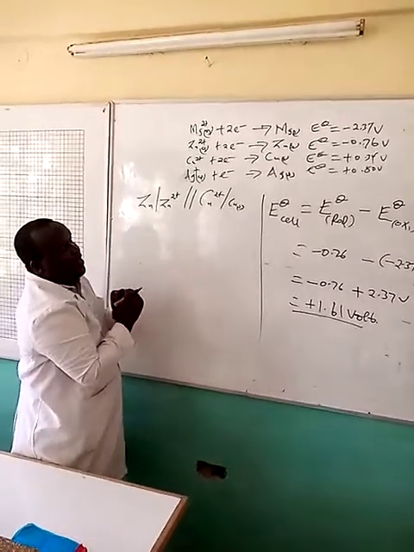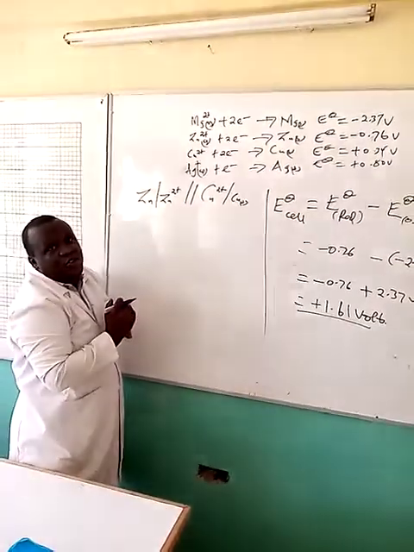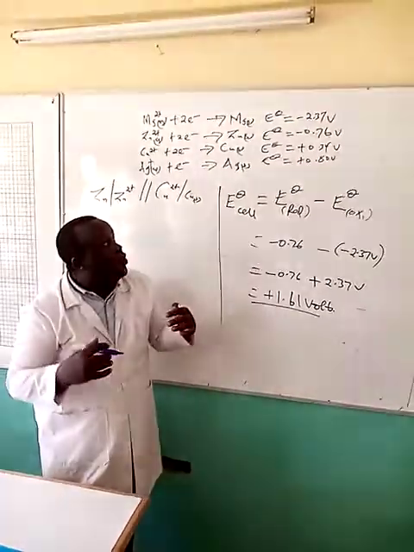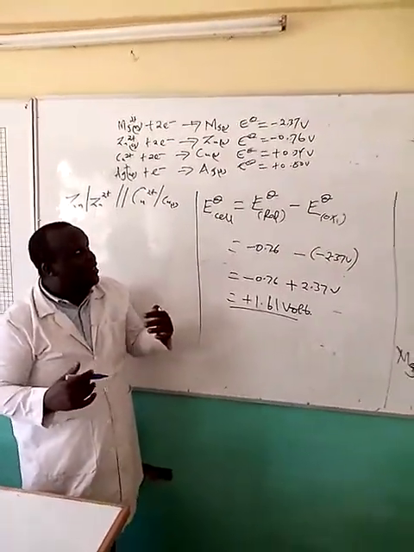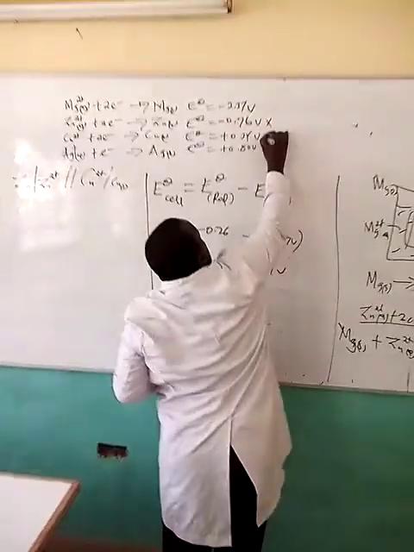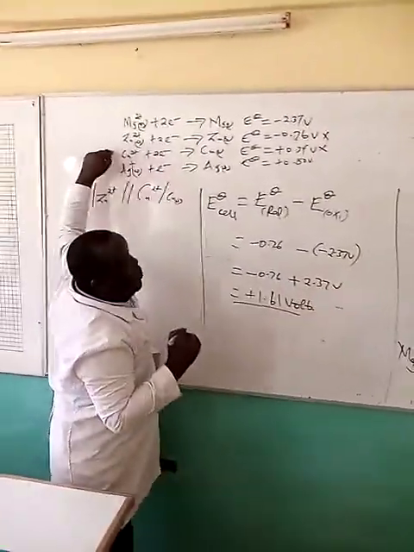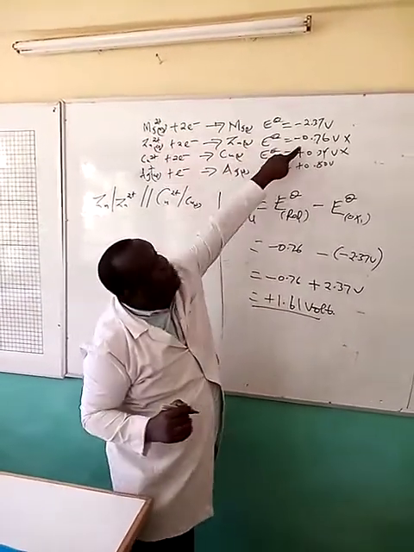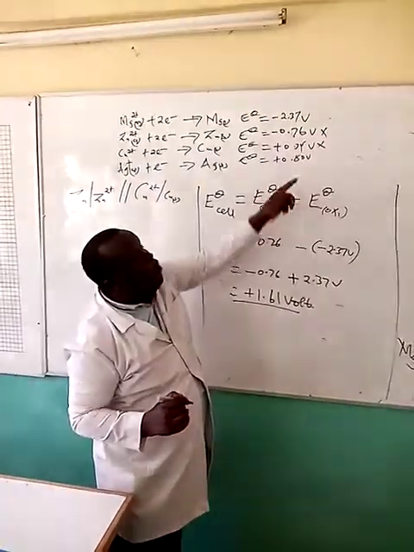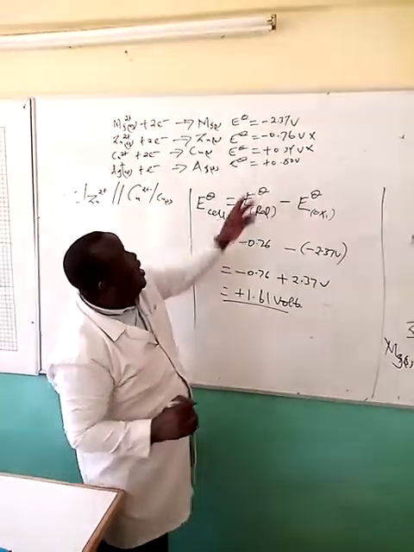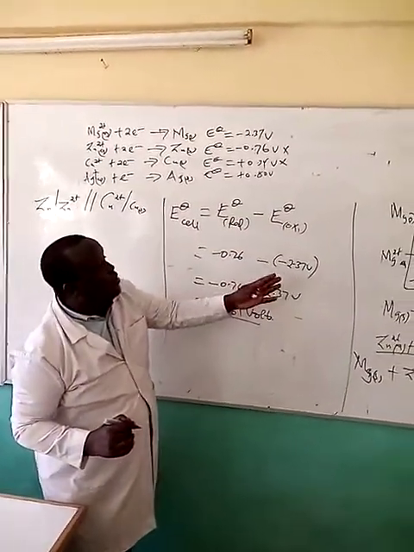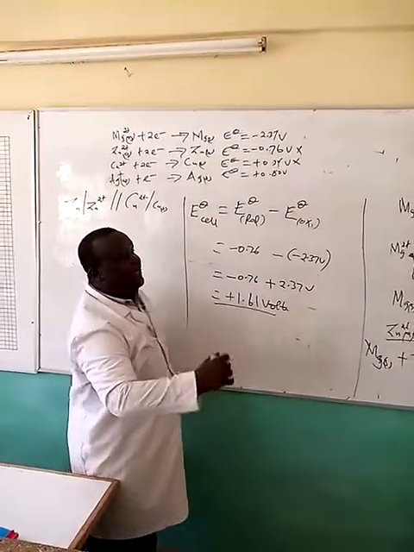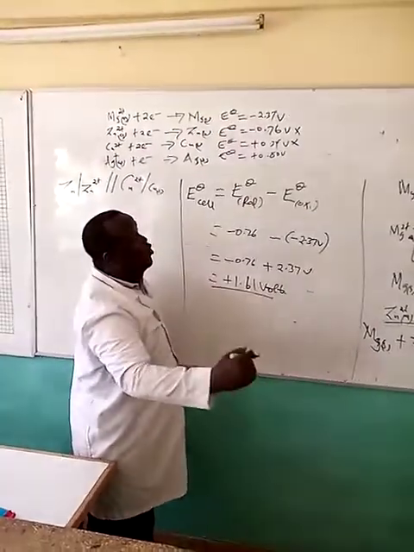First, you must identify from the inert values. The diagram will not be drawn for you, so it's your responsibility to identify which half cell will undergo oxidation and which half cell will undergo reduction. In this case, these two, zinc and copper, you realize that zinc is more negative and therefore must be on our left hand side, and therefore it is the one that undergoes oxidation, and copper must be on our right hand side, and is therefore a cell that must undergo reduction.